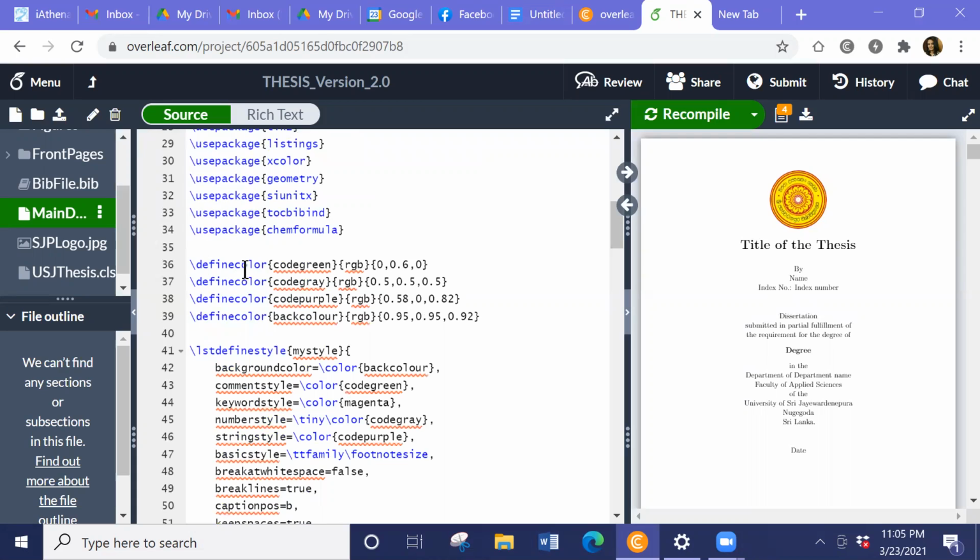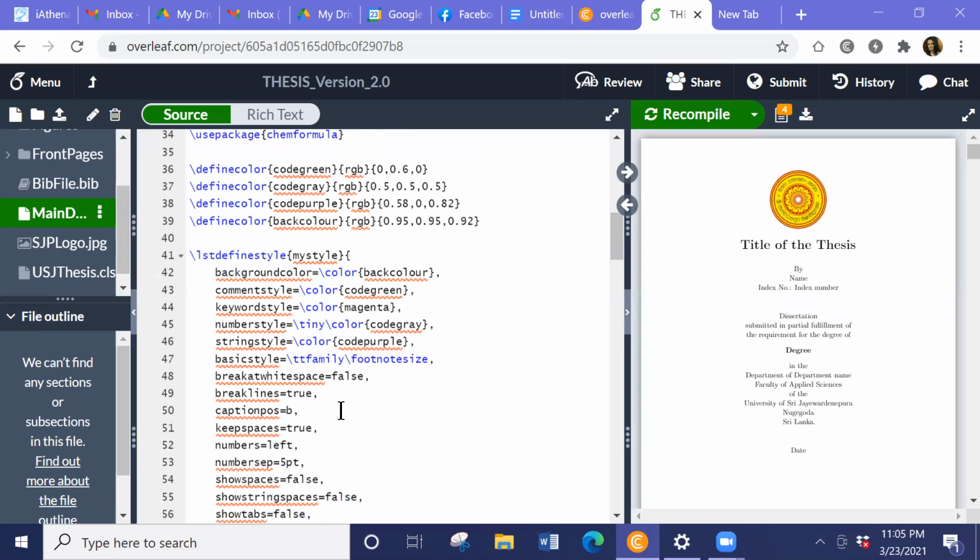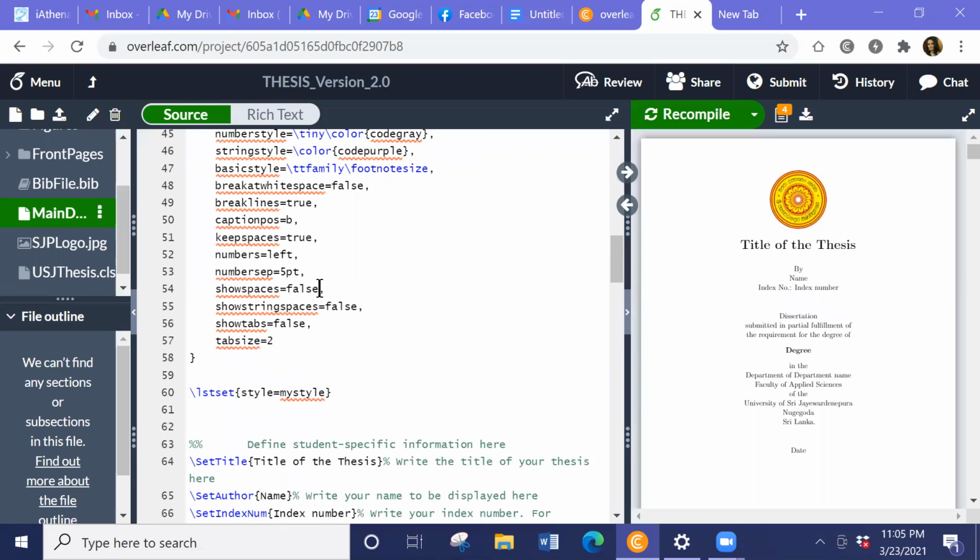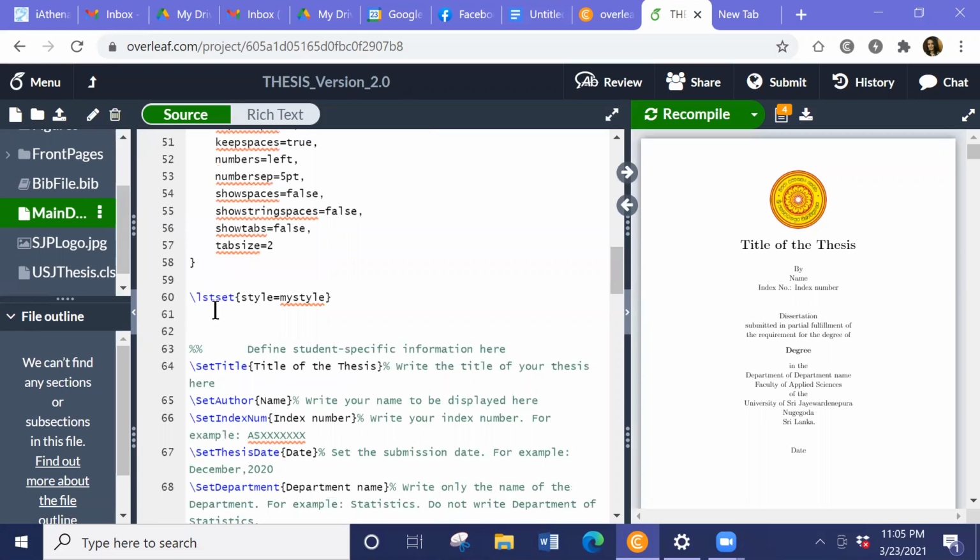Then we have defined some colors and some styling. You don't have to worry about it. Keep them default as it is. So this is the place where you have to start making changes. So this double percentage mark gives you all the comments that I have put. So define student specific information here. So from here onward, you have to